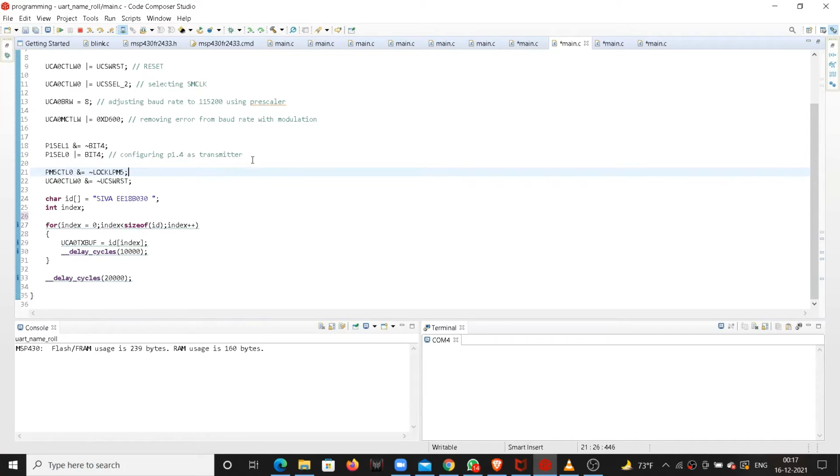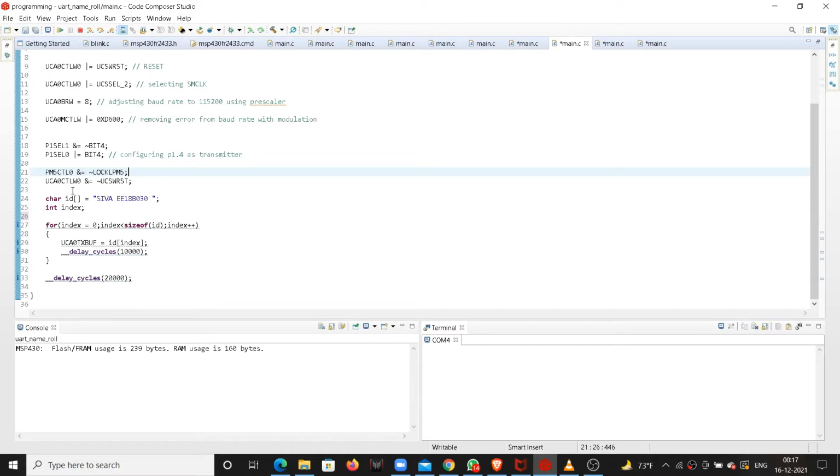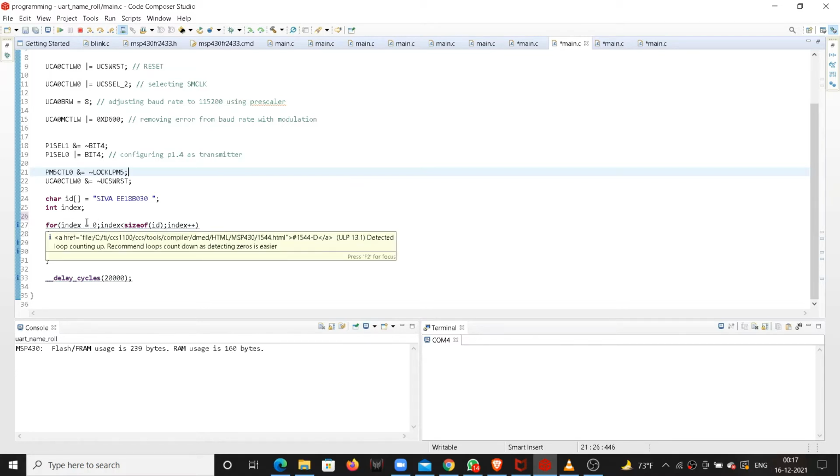We have selected P1.4 as the transmitter pin, and I have written the message we have to transmit into this variable ID, and using index as a pointer we are transmitting the message. First we will enter this for loop where the value of index will be 0 and S will be transmitted.